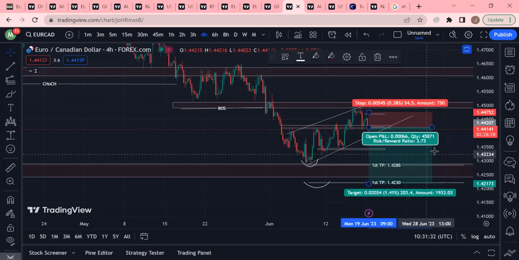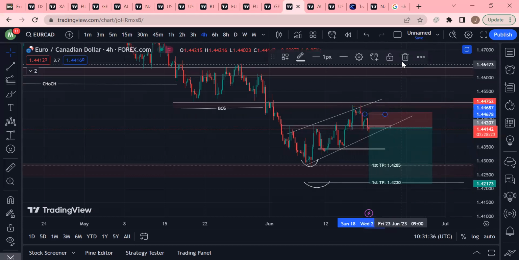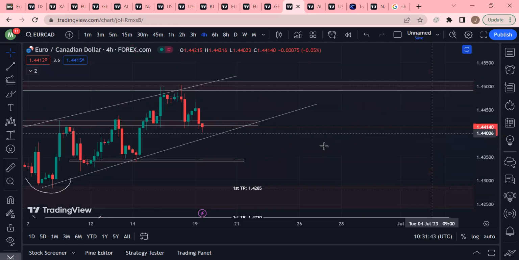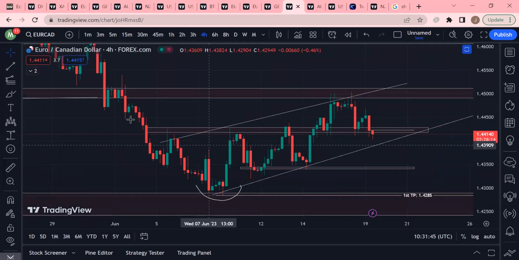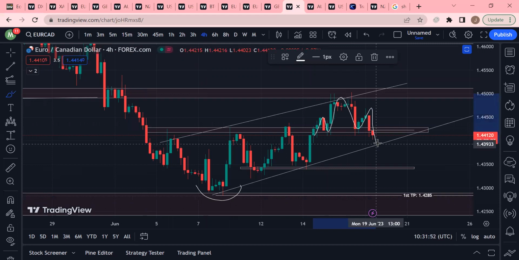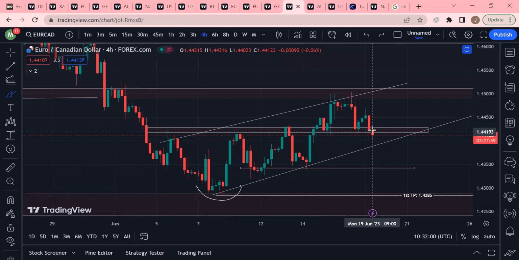So let me put entry here. You can enter now, because uploading this video might take time, but what you should be looking out for is this. First of all, you'll be looking out for your head and shoulder pattern break. Are you getting it? Let this break properly. Probably you can enter now, since it's breaking and your confluence from daily, you can enter from here now, put your stop loss above here, then entry from